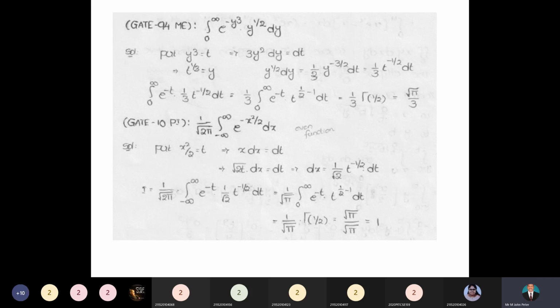Okay, so that is a gamma function. In the step we have come to, that is using the previous one. So e power minus